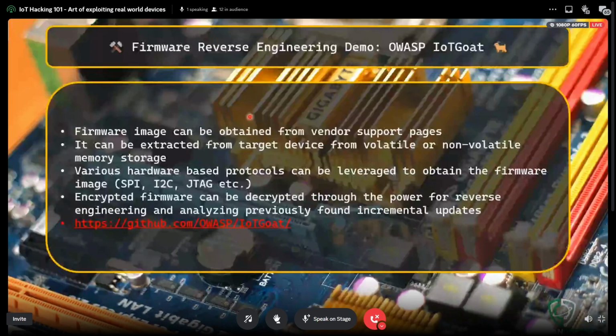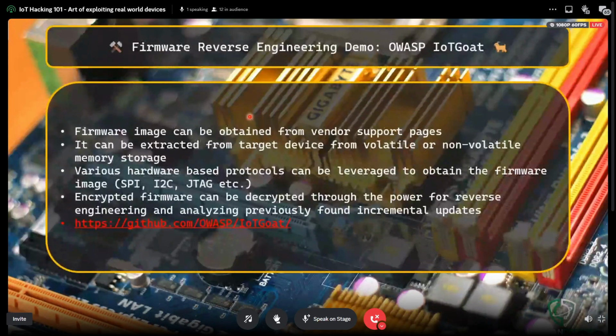Now your target device is running version 1.1, and you want to analyze what is going on in version 1.1 and find a CVE. So what you will do is get the previous version which was not encrypted, because it contains the logic for the encryption, because that's how incremental updates work.